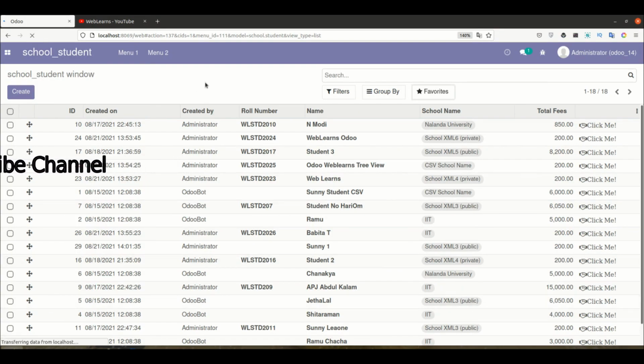Let me refresh the page here. Now you can see that option is invisible. This option is visible, the create option is visible. Then after this, the import option is invisible here.